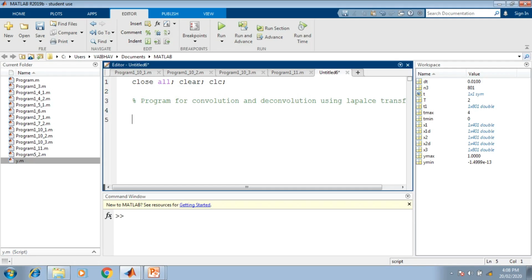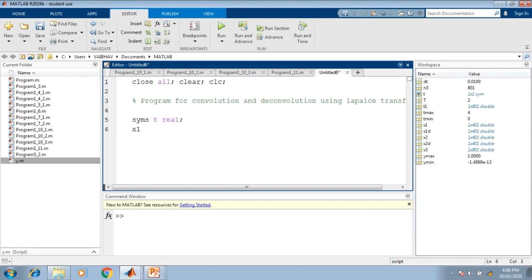generate the results. As we have been given the program statement, in that statement we have been provided x1 of t and x2 of t, the two signals over which the operations are performed. We have to generate them as well. We require the time variable, which we usually denote by t. So moving forward, as we require symbolic notation, I start with syms t, and I want to make it real.